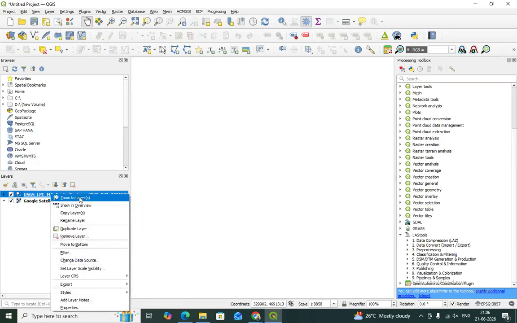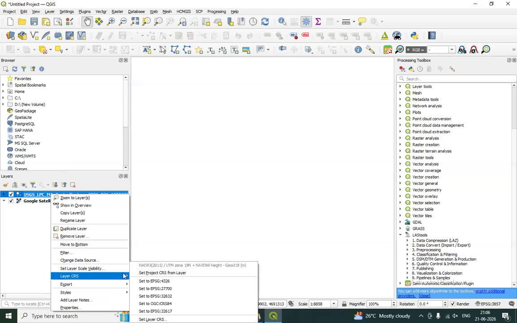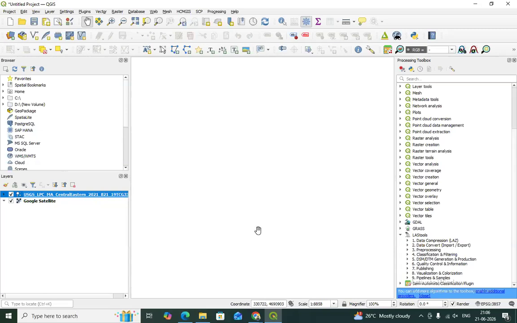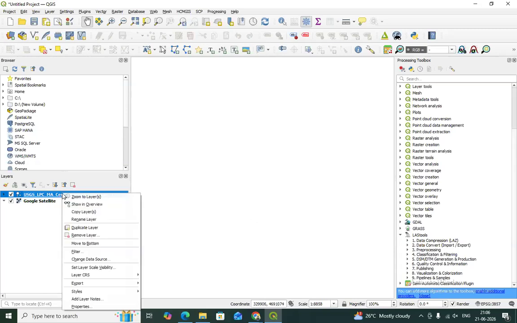Because both the layers are really heavy, both the Google satellite layer and this layer also. So that's why it is taking so much time to load.